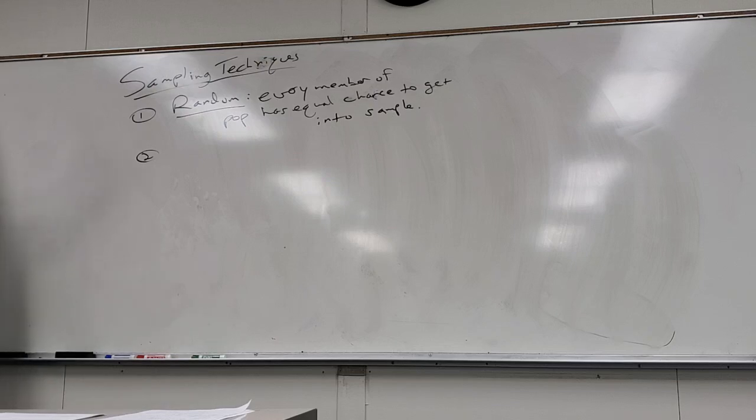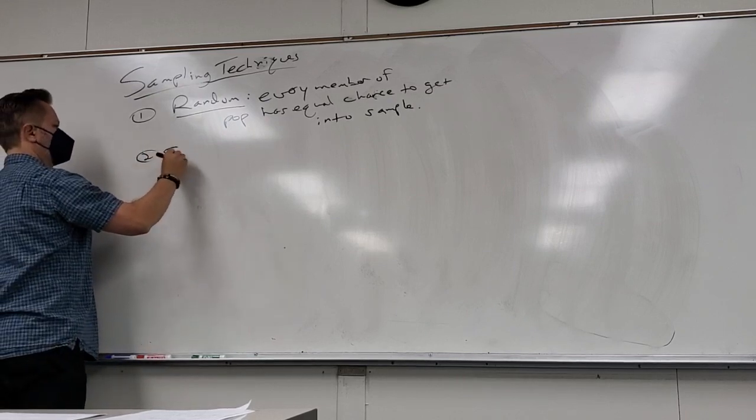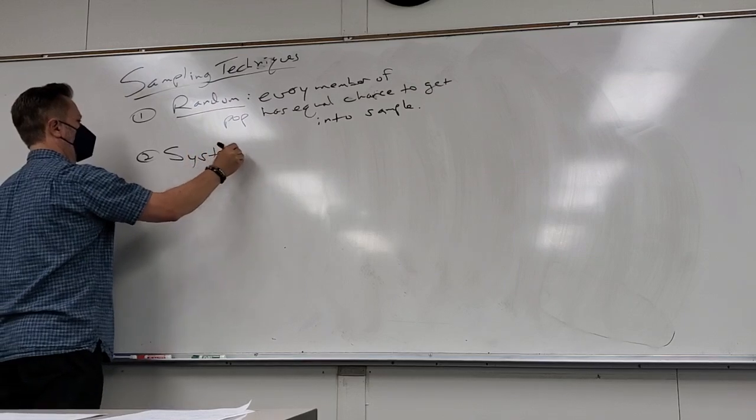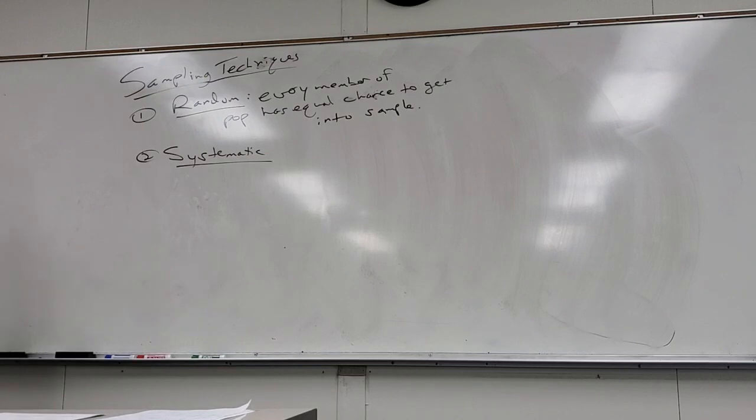What's kind of funny about these is these other ones are also random if you do them correctly. There's just more to it than just putting names in a hat or something. So let me do this one next. There's this type called systematic. So if I wanted to take a sample of you guys, one way I could do it is to kind of pick somebody at random, and then every third person after that would get into my sample. Every third person,